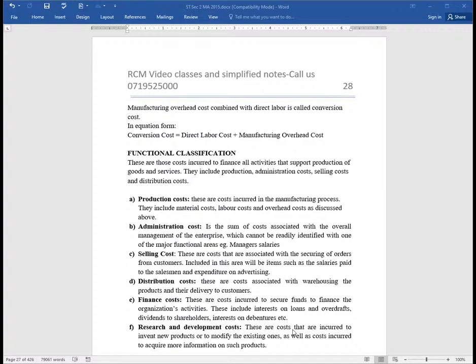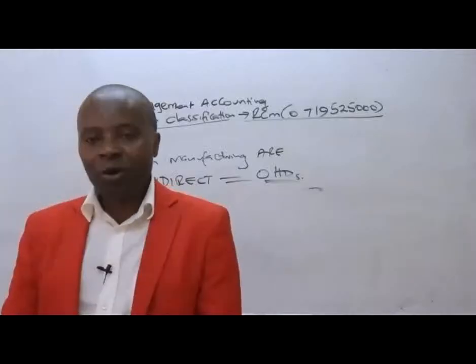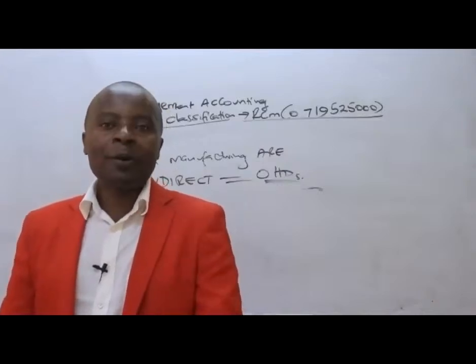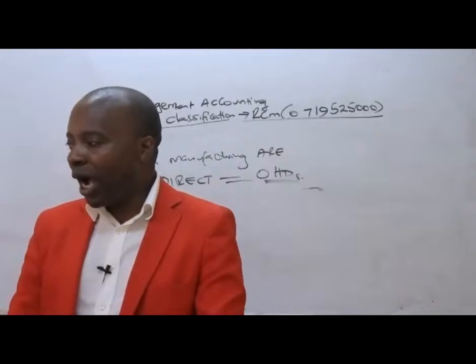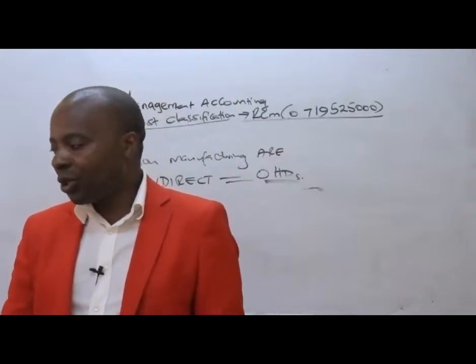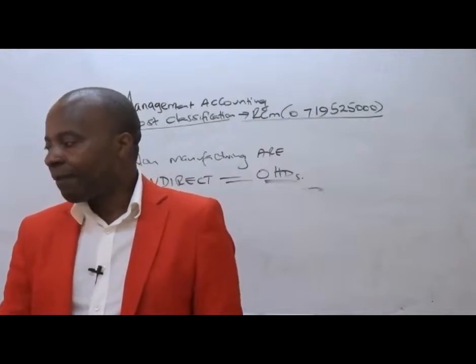For instance, if you have a distribution van, the cost of storing these finished products for the purpose of distributing them to the workers automatically falls under distribution cost. That will fall under distribution cost. So, ladies and gentlemen, we have